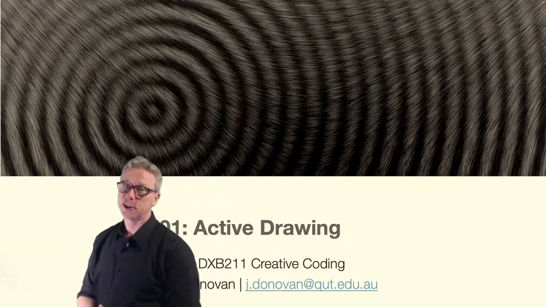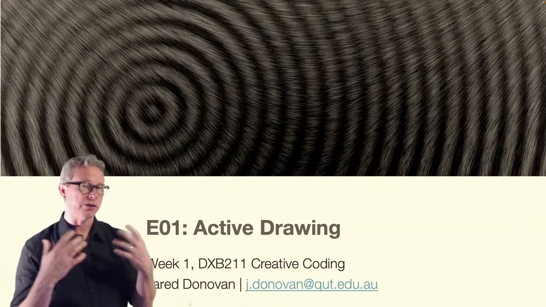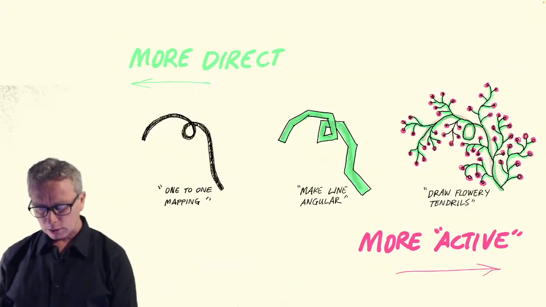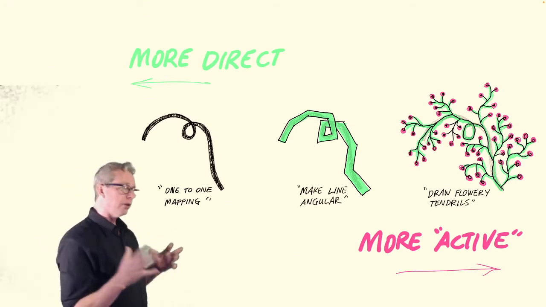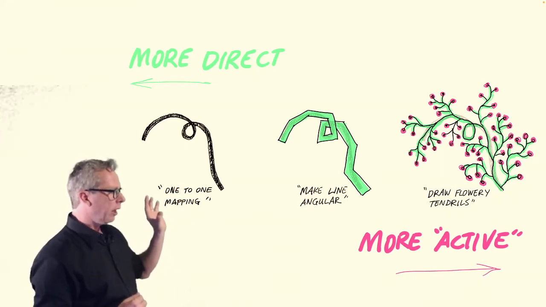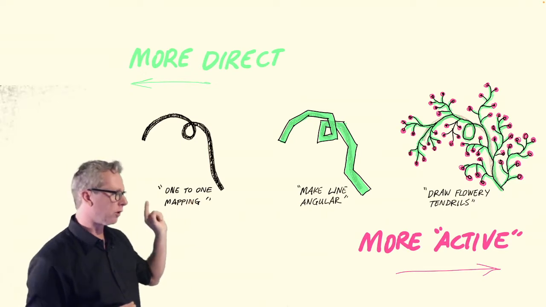Let's get started with a quick example of the idea of active drawing. So this is example 1 for week 1, active drawing. We already talked about this idea of active drawing a little bit in the lecture, so watch that if you haven't seen it already. The idea is basically we're not aiming to create a drawing program which is a one-to-one